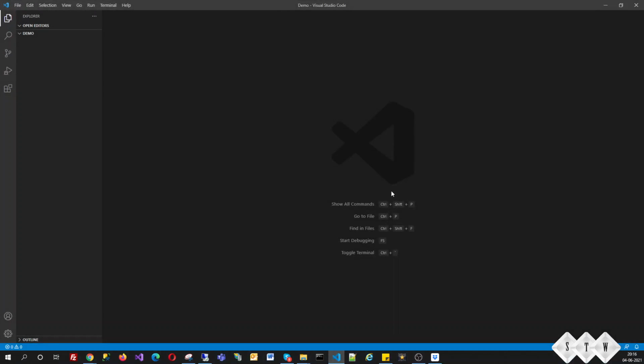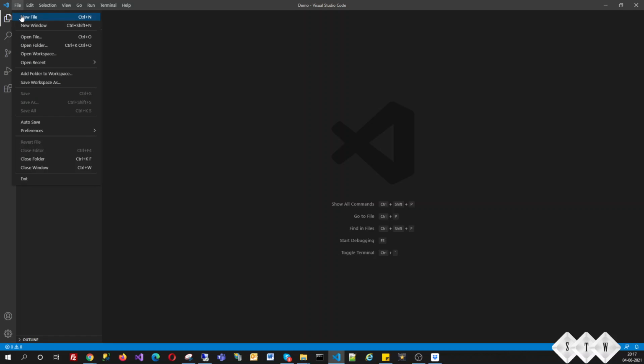Let me open VS Code, and if you are familiar with Visual Studio, VS Code is almost similar. I like VS Code for HTML programming, JavaScript and CSS, because it is lightweight and very similar to Visual Studio, and that's why it is my favorite. But you can use any other editor like Sublime or Notepad++ according to your choice. So let me create the first file,